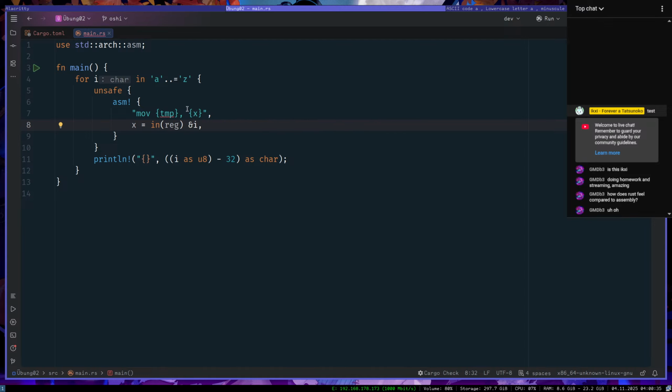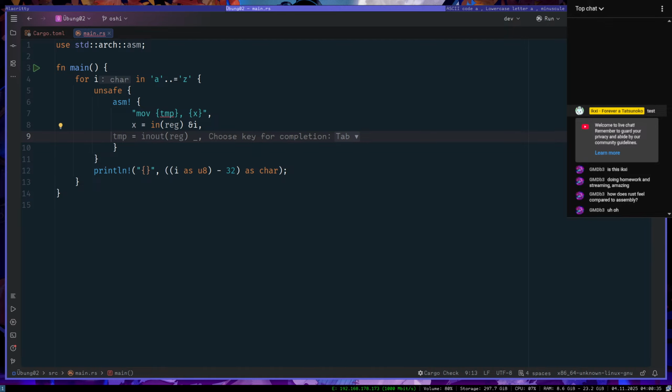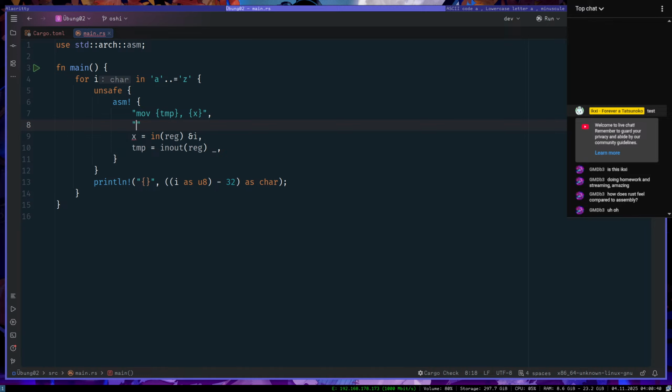Okay, the inline thing is... then I would just have to add to temp. No, sub 32. What? Cannot be used for input operands. Okay.